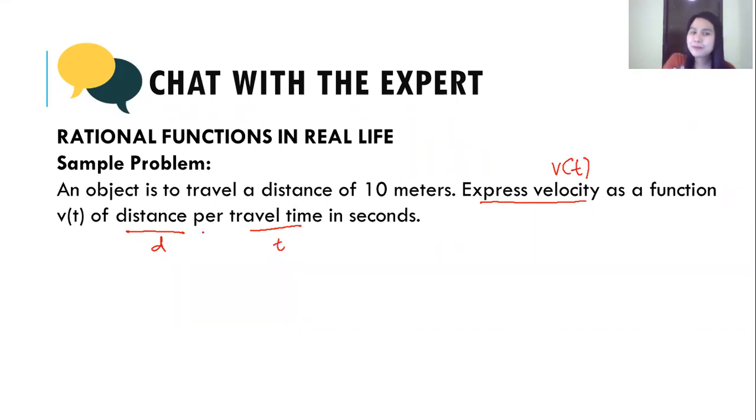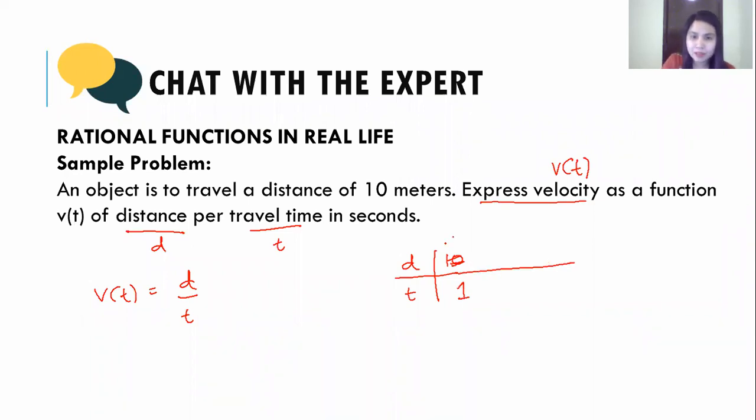Now, remember that an object is to travel a distance of 10 meters. And our velocity is d over t. Now, there are two ways to do it. You can start with a table. Our distance is constant. It's 10. And here's our time. You see, if we travel for 1 second,